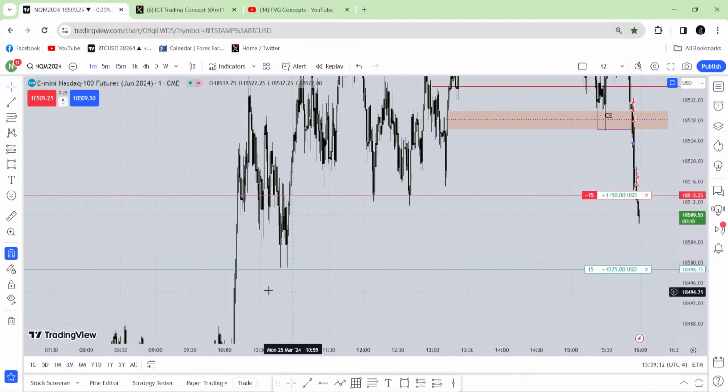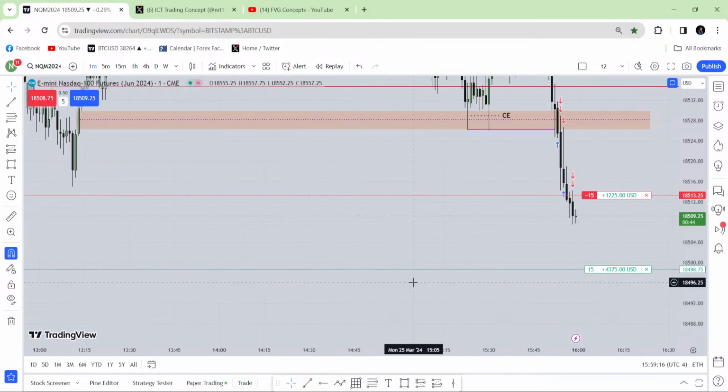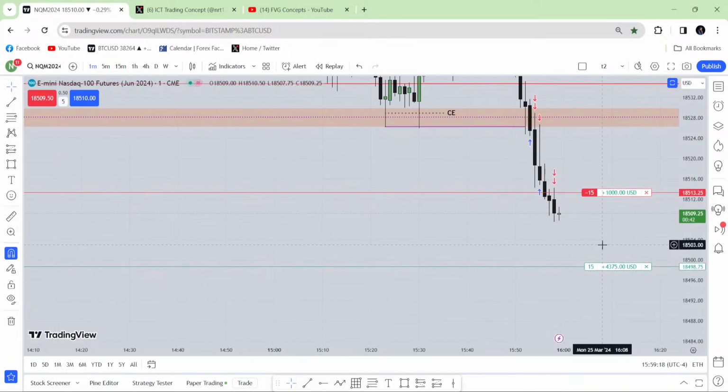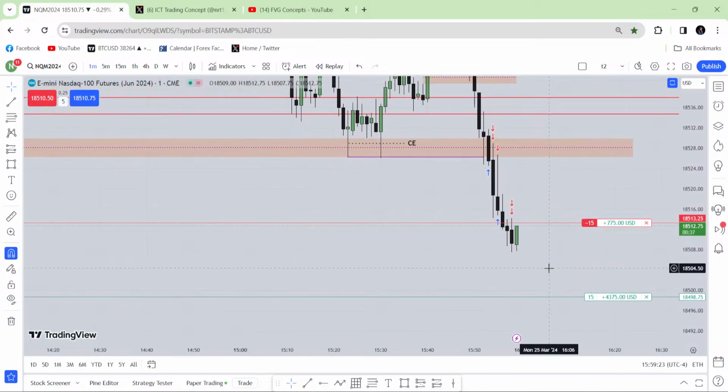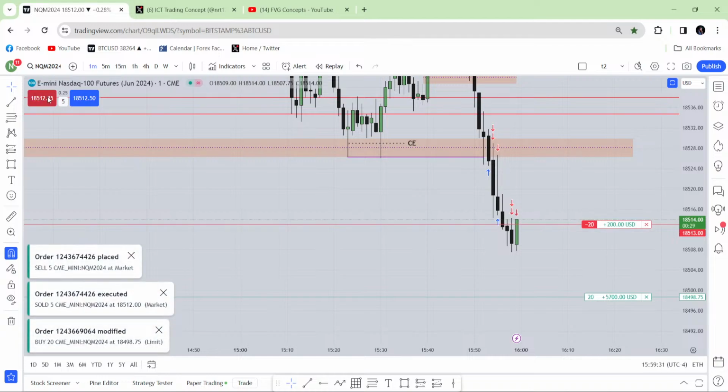I put it here because this is relatively equal lows from the 1 minute chart. That's why I put my target profit over there. Just for fun, man. Don't think this is an entry. No, man. I'm just doing this for fun. Lot of sell. See, 20 handle. I don't even have a stop loss.